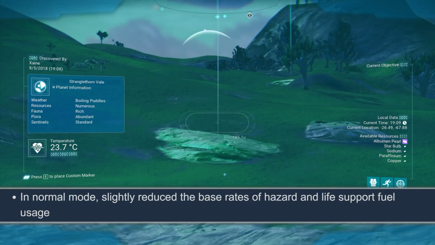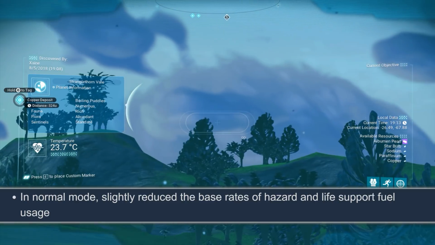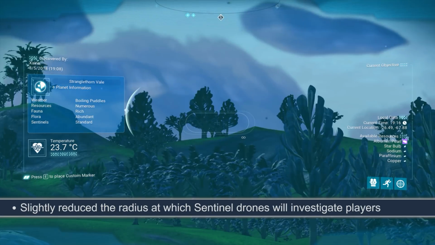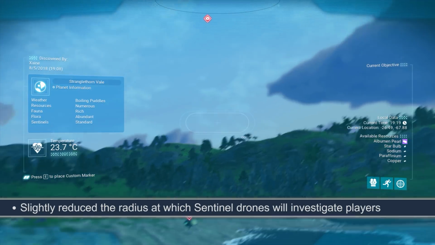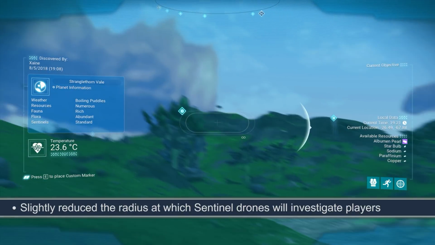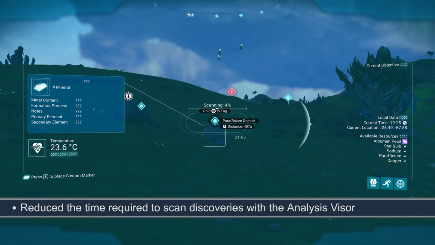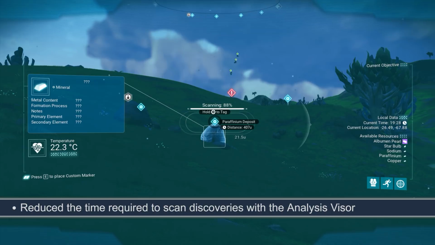In normal mode, slightly reduced the base rates of hazard and life support fuel usage. I suppose I don't need as many life support modules now? Sweet. Slightly reduced the radius at which Sentinel drones would investigate players. I like this one indeed, it was so annoying when they glimpse you halfway through mining a floating crystal. Reduced the time required to scan discoveries with the analysis visor. Excellent, it was somewhat annoying on occasion with how long it was